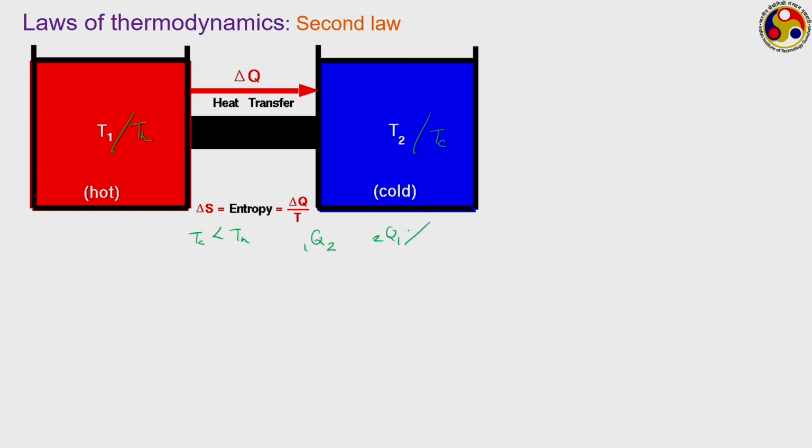2 to 1 heat transfer is not possible unless we add some additional effects in the form of a heat pump or refrigerator. So, the second law of thermodynamics gives you the direction of heat transfer. The first law of thermodynamics defines, the zeroth law of thermodynamics defines the concept of temperature, the second law of thermodynamics is saying that there will be heat interaction between system and surrounding as long as they